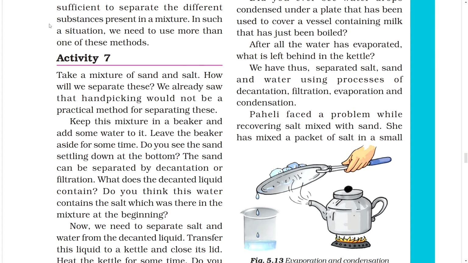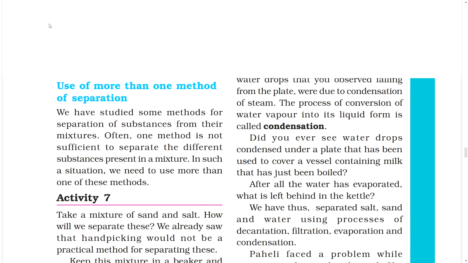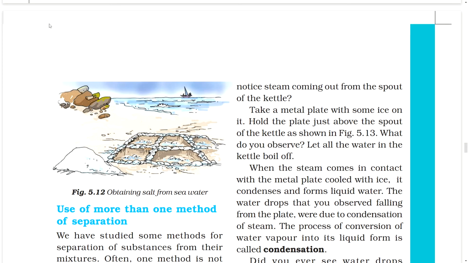Now we need to separate salt and water from the decanted liquid. Transfer this liquid to a kettle and close its lid. Heat the kettle for some time. Do you notice steam coming out from the spout of the kettle? Take a metal plate with some ice on it. Hold the plate just above the spout of the kettle as shown in the figure. What do you observe? Let all the water in the kettle boil off. When the steam comes in contact with the metal plate cooled with ice,